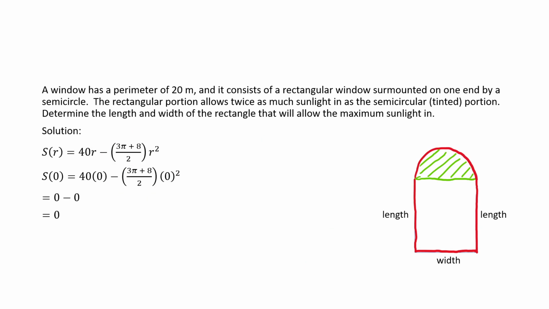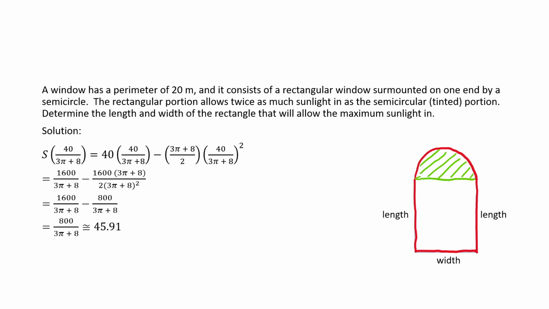Okay, so now that we've got the three values, the 0, and then the value of r that made the derivative equal 0, and the upper end of the domain, we're just going to do some evaluations. Subbing in an r value of 0 is relatively straightforward, and we get 0 minus 0, which is 0. Now, subbing in a value of 40 over 3 pi plus 8, which was the value of r that made the derivative equal to 0,